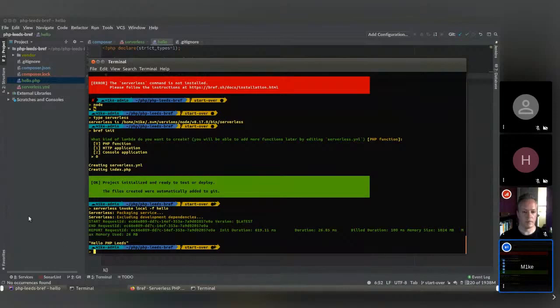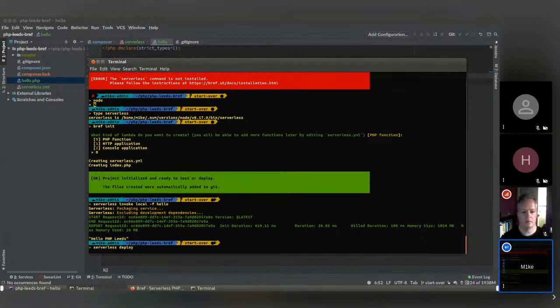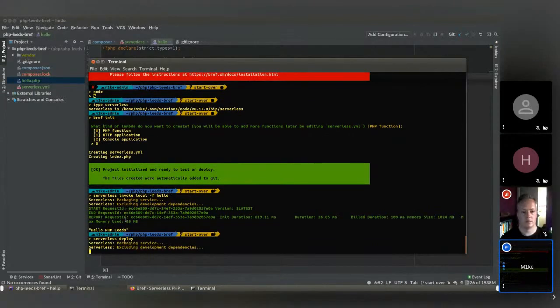So that's positive. We've tested it locally, but at the moment it's not up on AWS. So if I want to make this accessible somewhere, I need to then deploy it, and I can do that fairly easily by typing serverless deploy. What this does is the same thing as you saw here. It's going to package it, but then it's going to actually upload it to AWS, and obviously it's got my